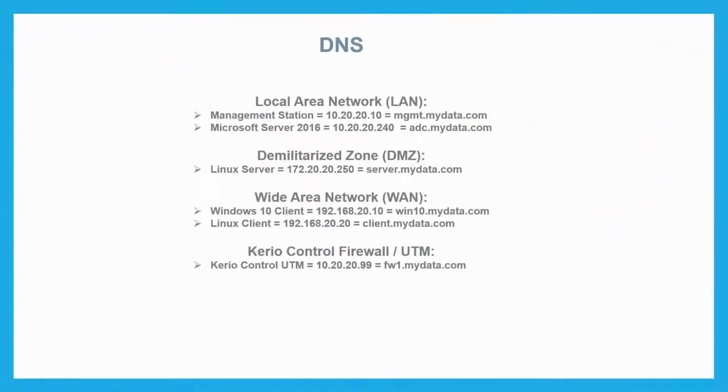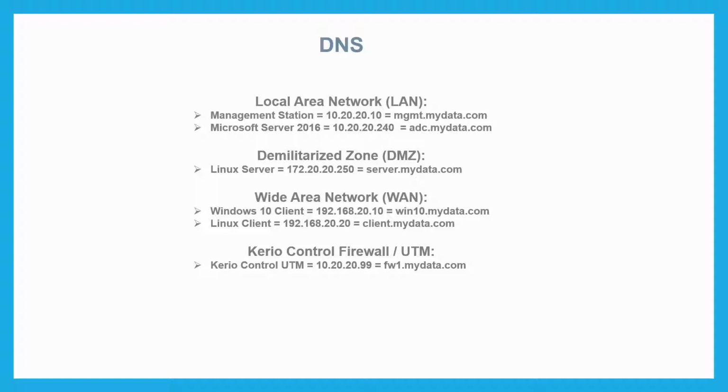So this is our setup, and in the local area network, we have two hosts. The first host is the management station, and the second host is the Microsoft Server 2016 that has Active Directory configured as well. I will assign the management station a host name of mgmt.mydata.com, and the Active Directory will have a host name of